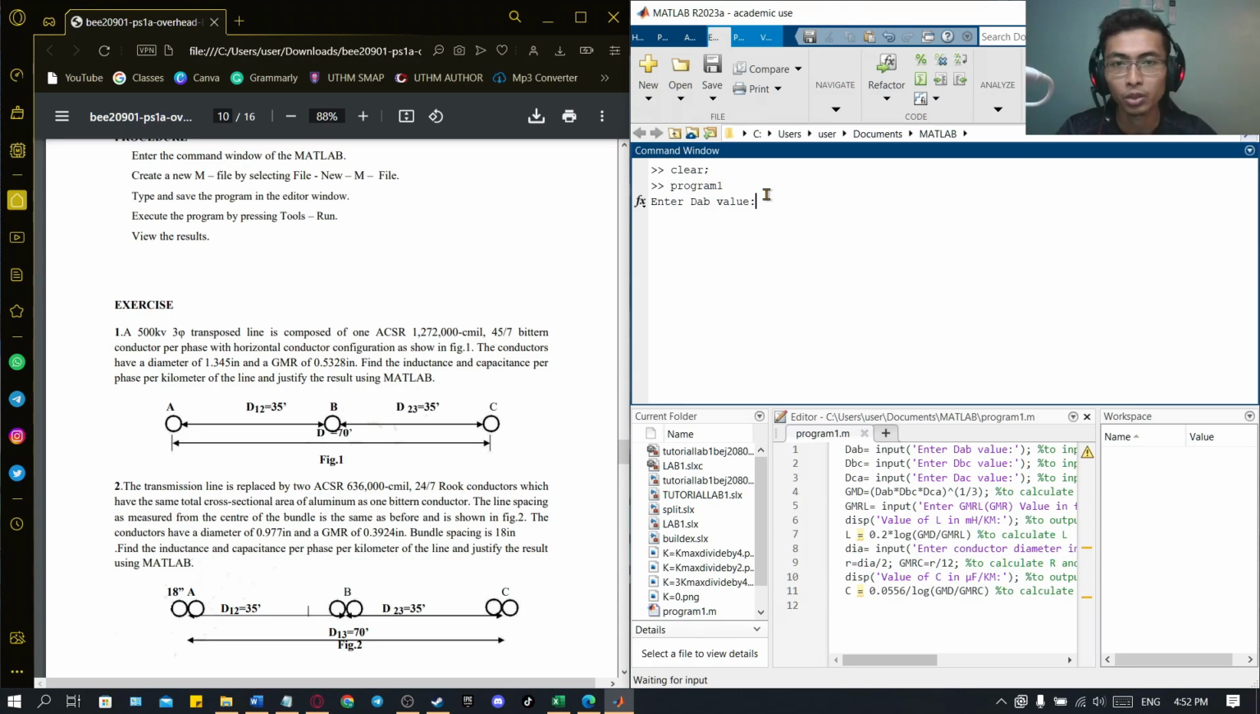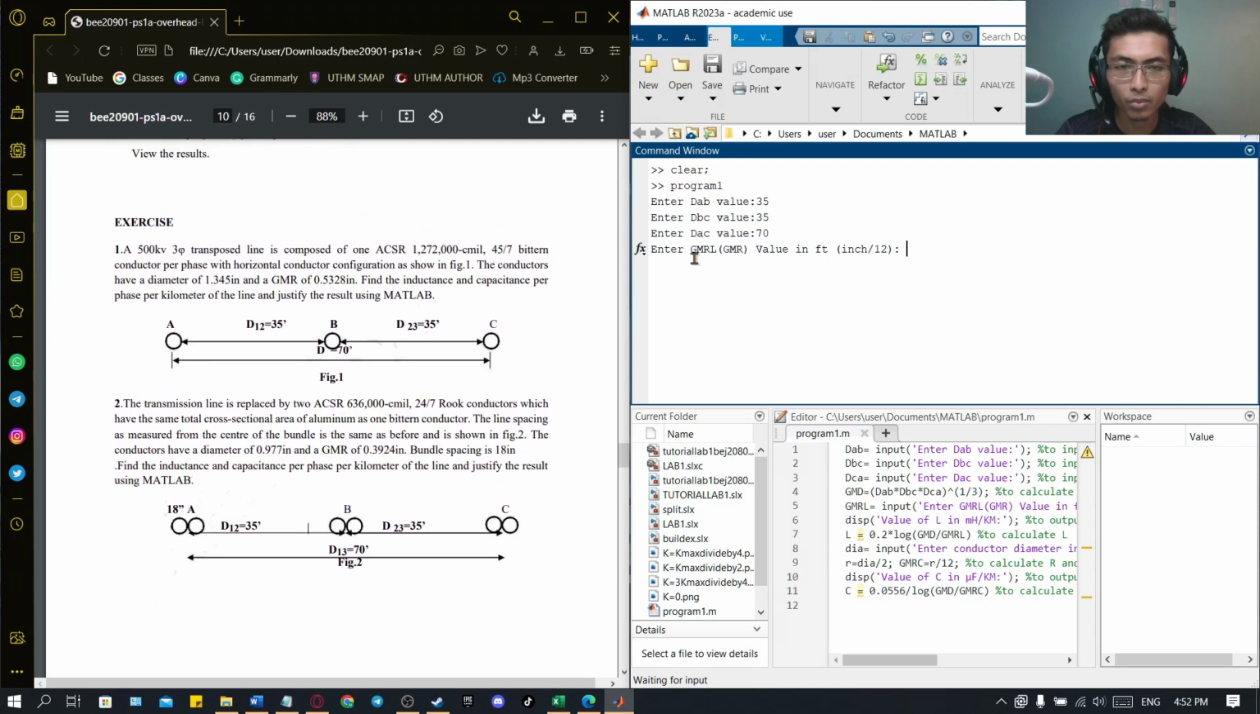Now to enter the DAB values, we can see straight from figure 1 that A to B is 35, so we insert 35 here. B and C is also 35, so we insert 35, and for AC it is 70, so we insert 70. Now MATLAB asks us for the geometric